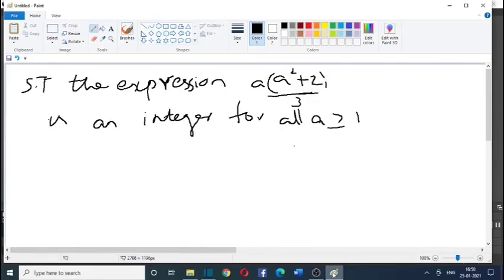Third problem is: show that the expression a into (a square plus 2) by 3 is an integer for all a greater than or equal to 1. For the solution, here one division by 3 is there and we have to show that it's an integer. So we use the division algorithm with 3. By division algorithm,